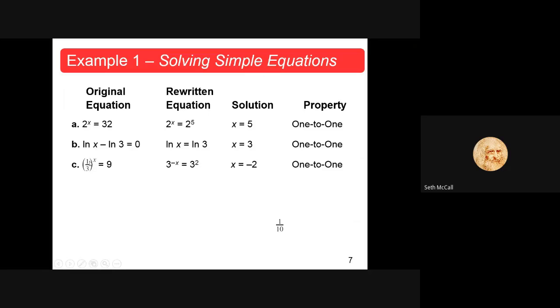Now, following that, once the 3 comes up and it's 3 to the negative 1 power, you have a power to a power. You have 3 to the negative 1 inside parentheses, and then on the outside you have an x. When you have power to power, the powers need to multiply. So 3 to the negative 1 to the x, negative 1 times x is negative x, and that's where that